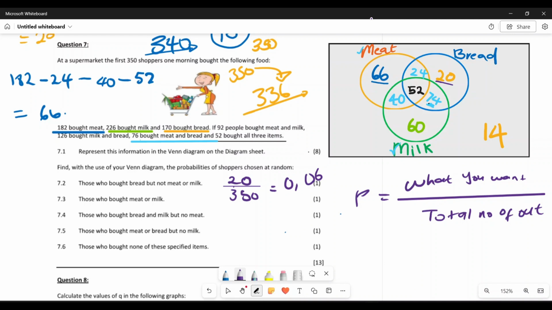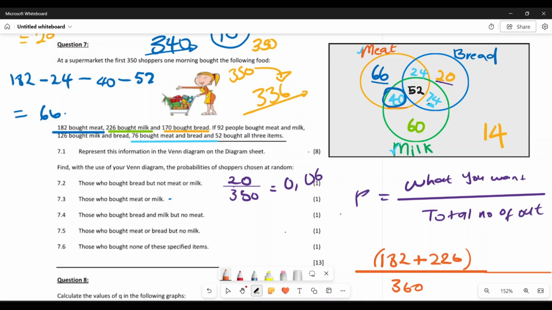Now, the probability of those who bought meat or milk. First, what is my total for my meat? My total for my meat is 180. Plus, what is the total for my milk? 226. Remember, my overall total is 360. Now, what is it that I'm going to subtract from these values? This is my total for meat and milk. I'm going to subtract the probability of those, because remember, the question says meat or milk, right? Meaning any one of these two, I'm going to subtract the probability of meat and milk,